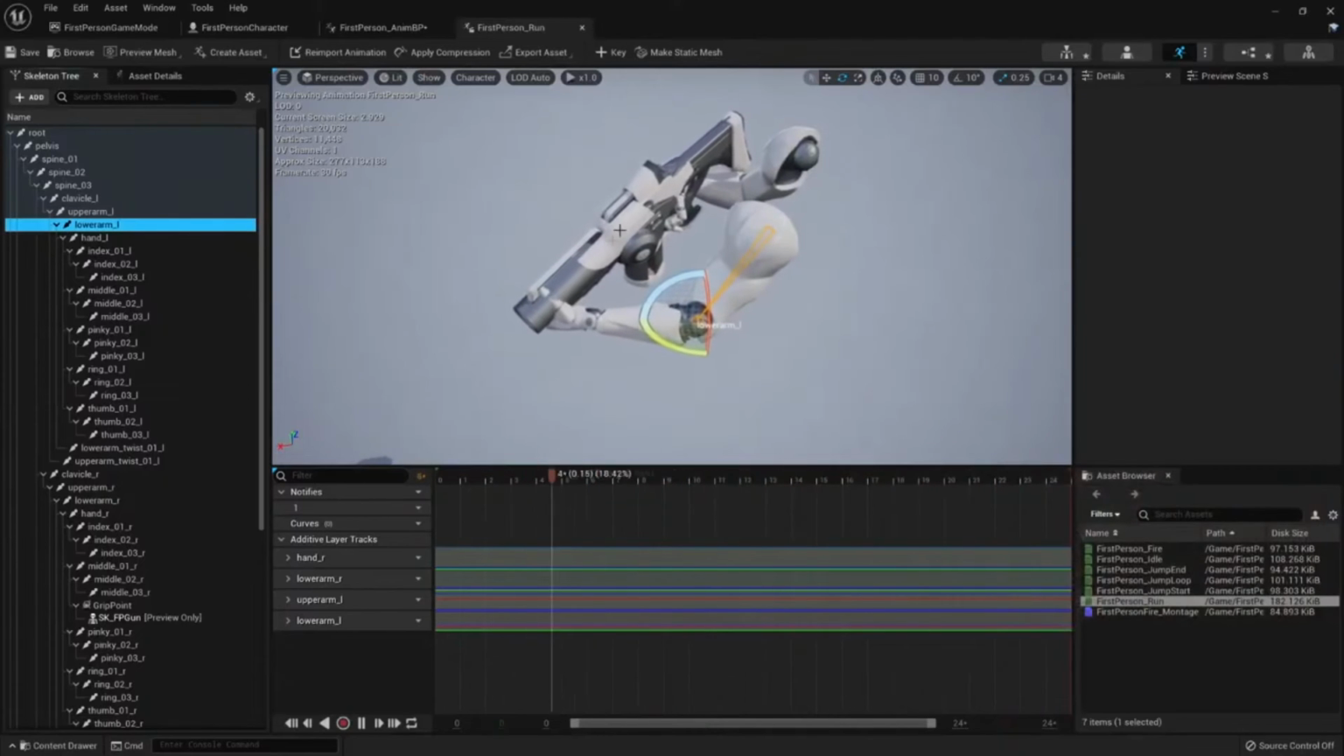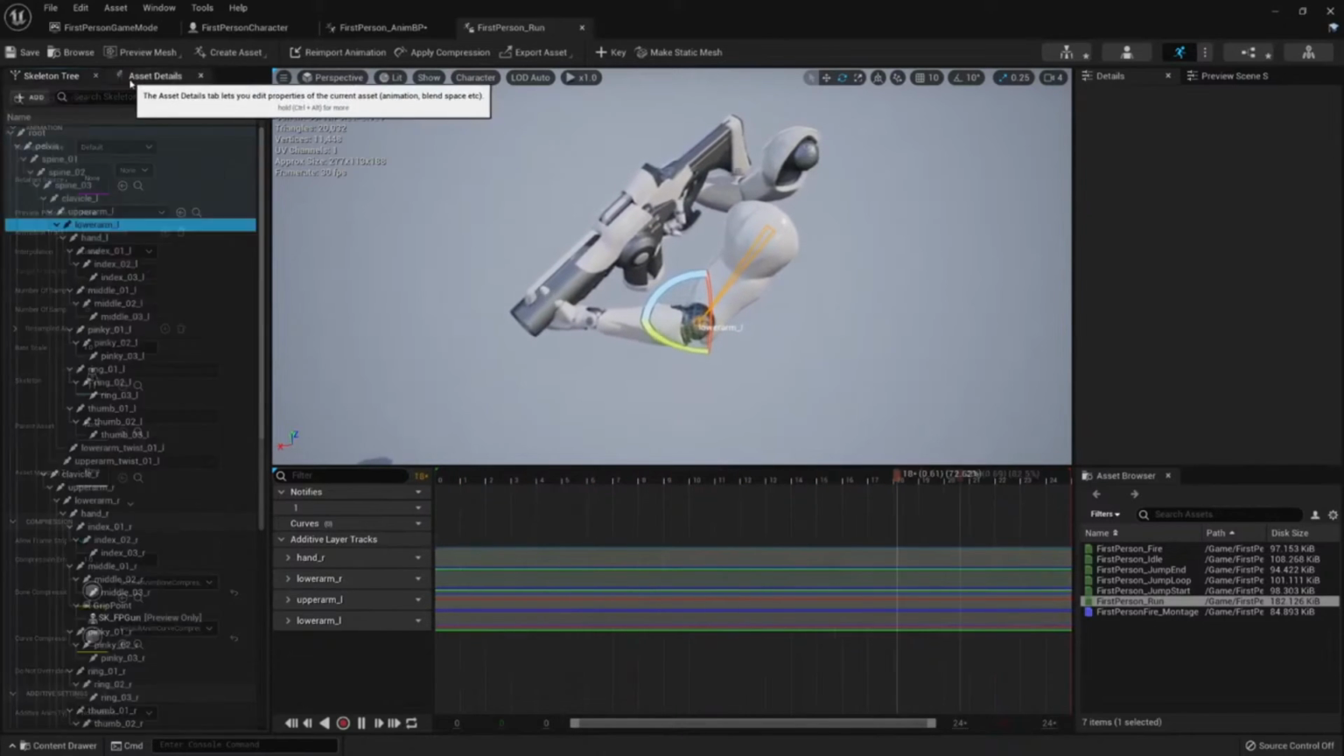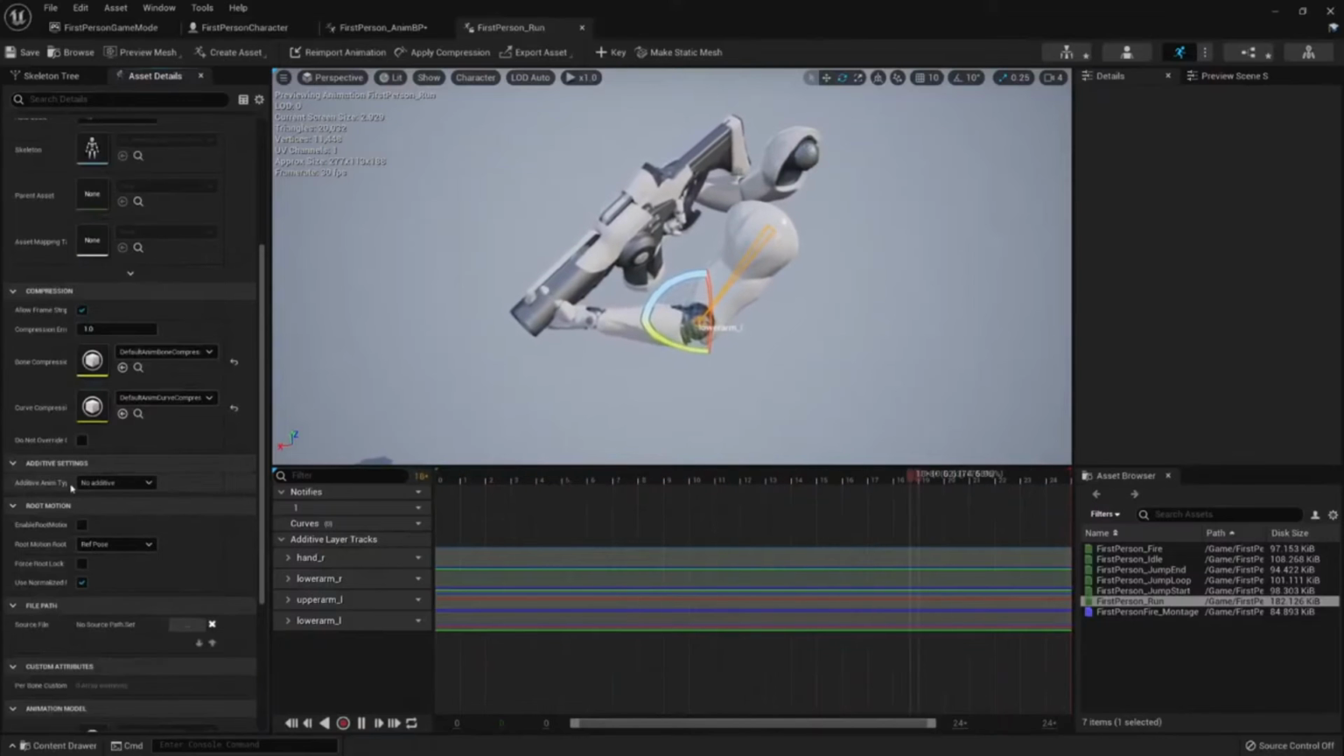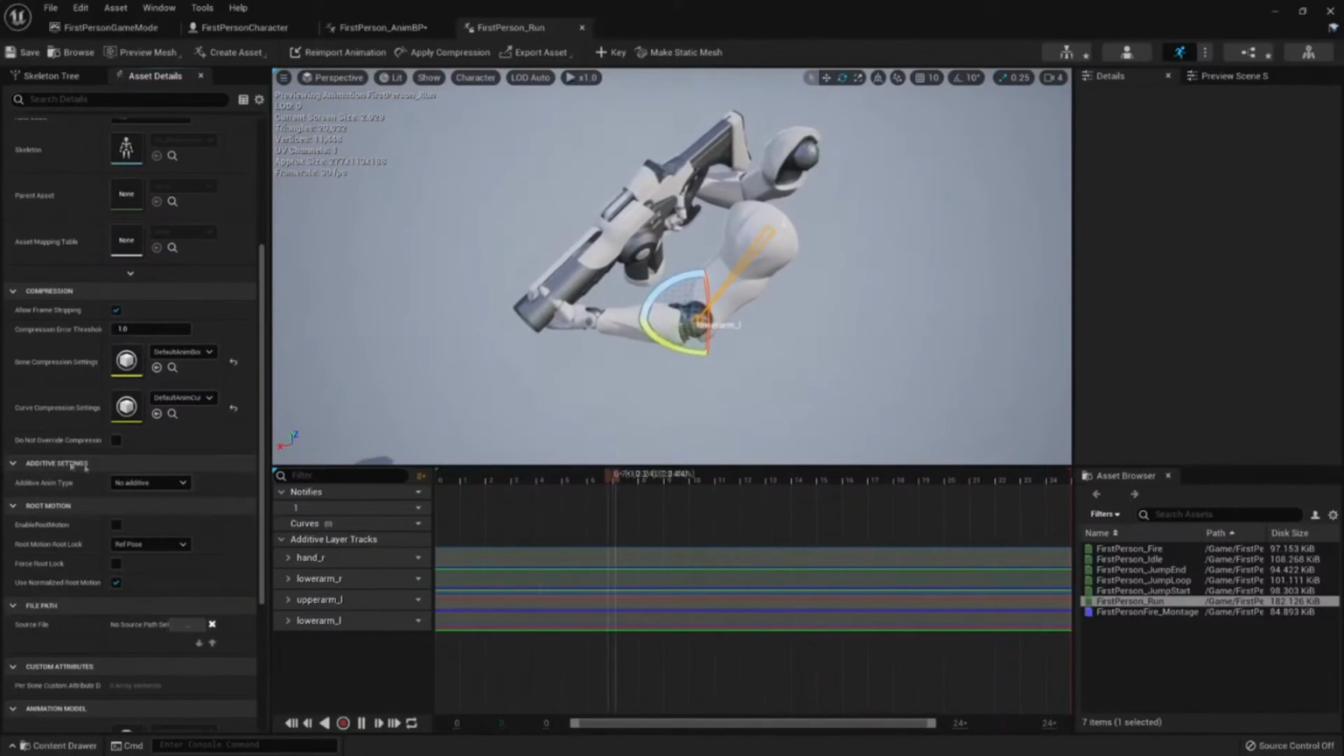If we wanted to use this as an additive animation, because we are creating additive layer tracks, we would need here, in asset details, in additive settings, instead of no additive, to change it to local space or mesh space. But in my case, I want this to be another animation. So